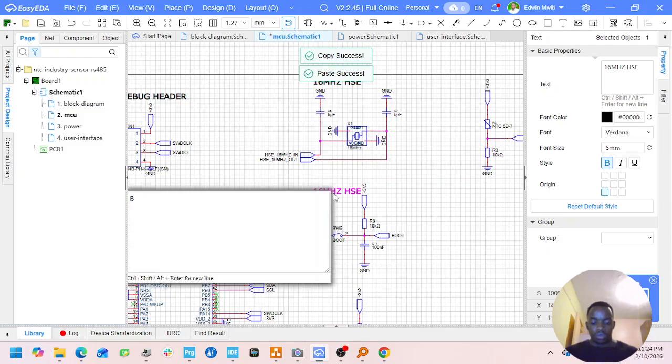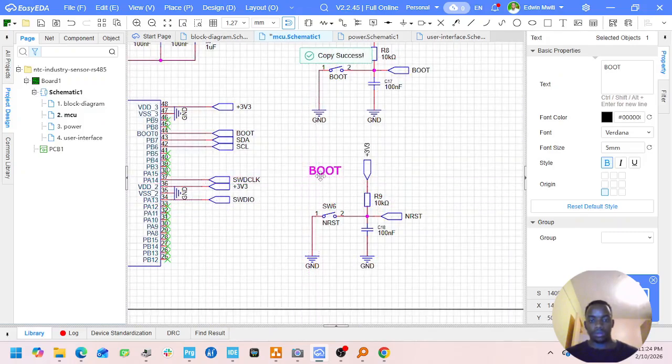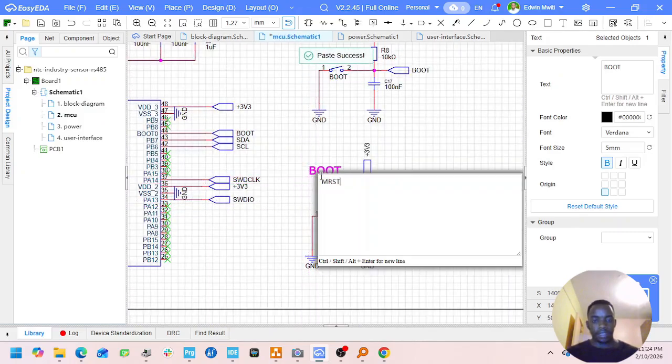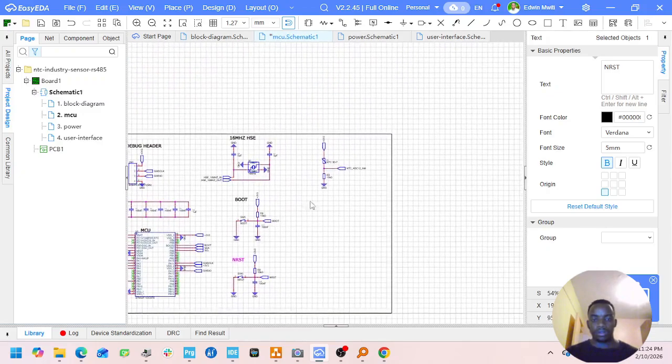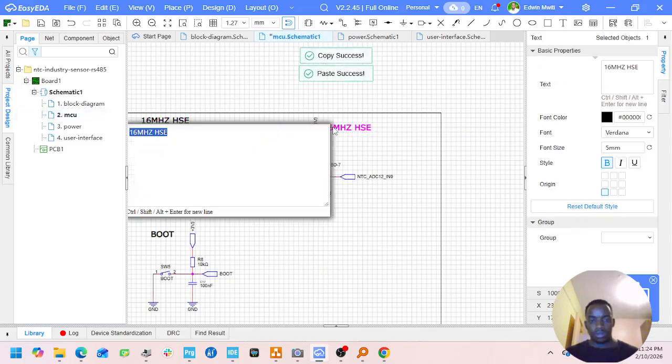So this is boot. This is NRST. This is what? This is NTC temperature,